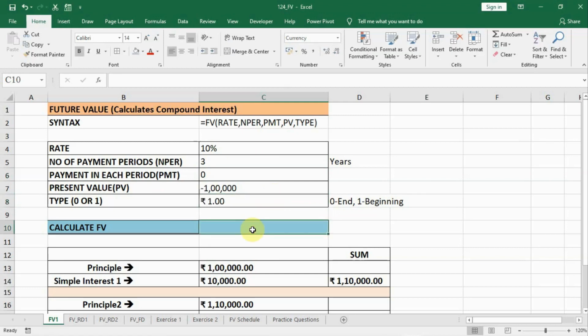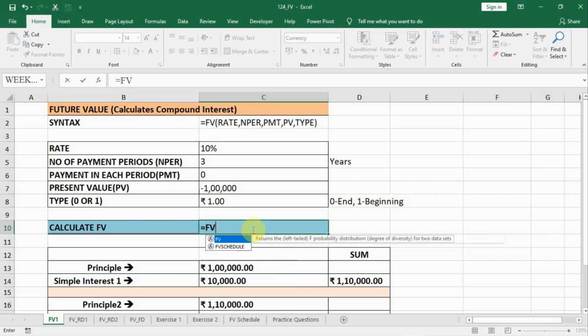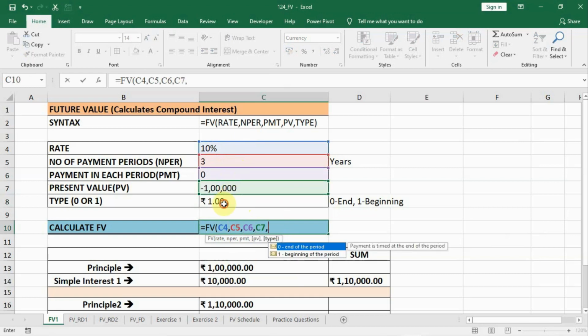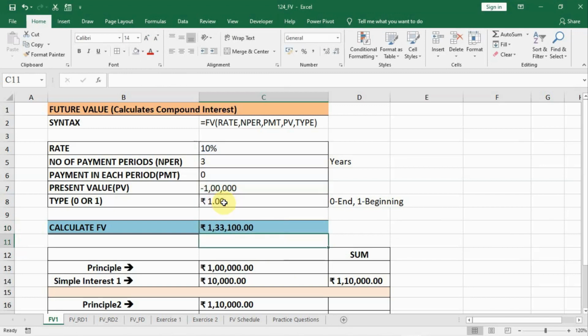Now let us calculate the future value. We'll write equal to FV, bracket open, and after that this is our rate. After rate, this is our number of payment periods. Then payment made each period is 0, and after that our present value is this, and after that this is 1, and we close the bracket. This does not have to be 1 rupee, this has to be general. Let us make it general like this one, and the answer is